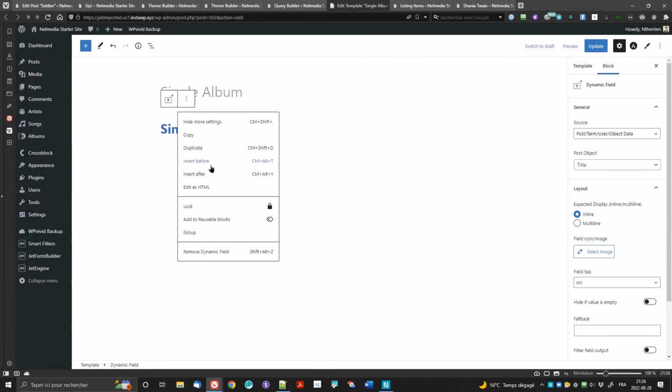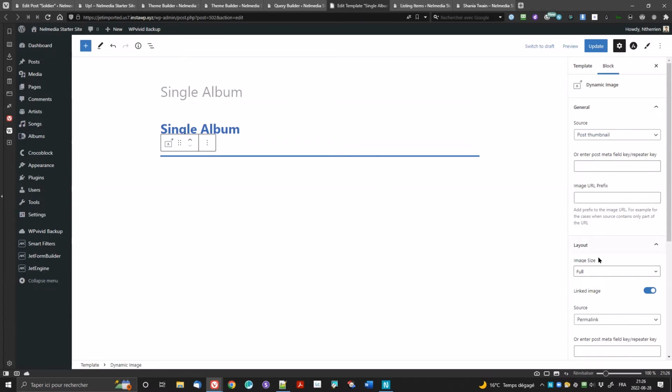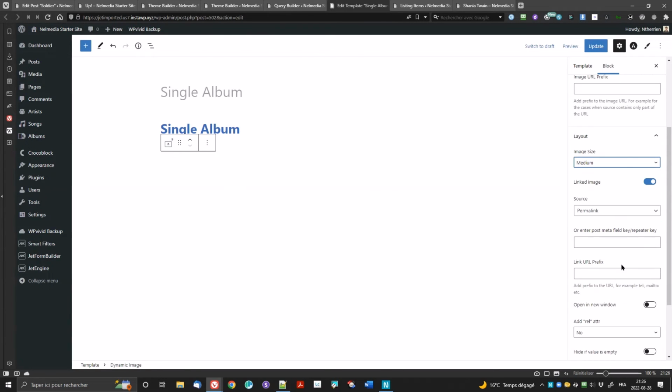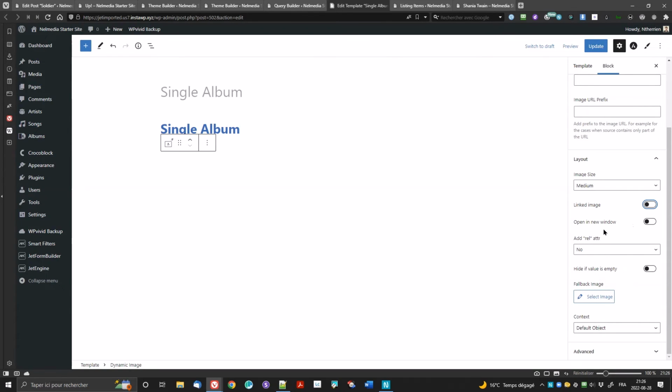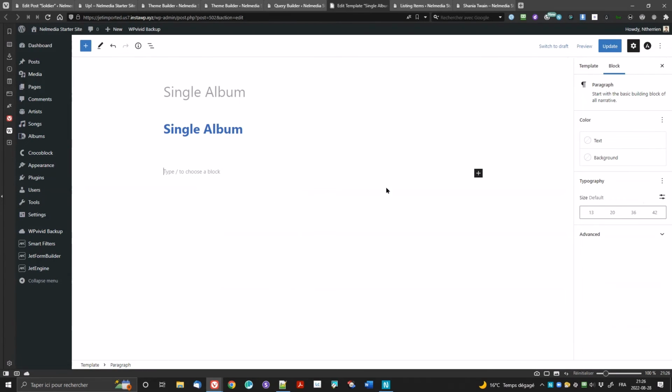Album cover. So insert after. Dynamic image. Post thumbnail. Let's put it at medium. Don't link the image. I don't want to link it to anything, by the way. That's okay. Can hide it if it's empty. Let's insert another one after that one,